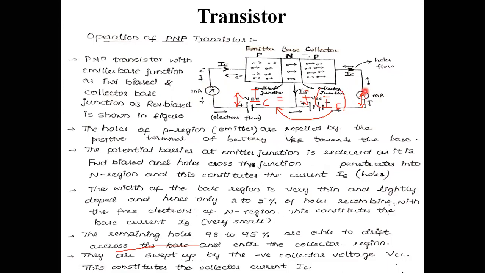Ammeters can be connected across the emitter circuit side as well as the collector circuit side, like that. After arranging that, the flow of current will take place from the emitter circuit to the collector circuit. Let it be that from the emitter circuit, 100% of the transmitted current is because of holes, and that 100% is distributed to the collector and base. Here it is distributed to the base as well as the collector: it is in the range of 2 to 5% at the base, whereas across the collector it is in the range of 98 to 95%.